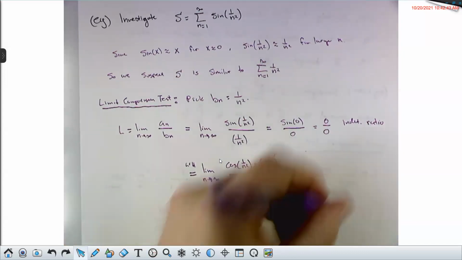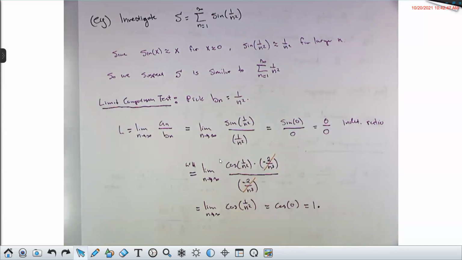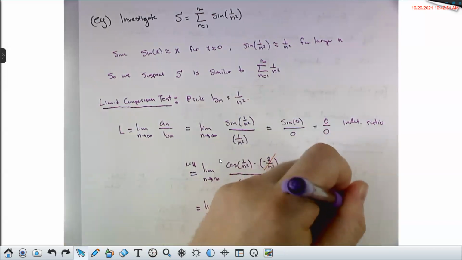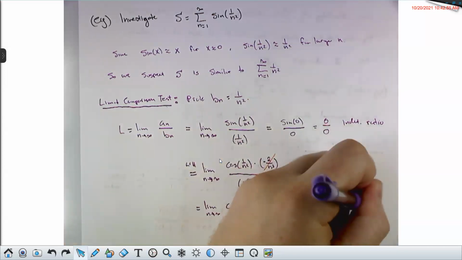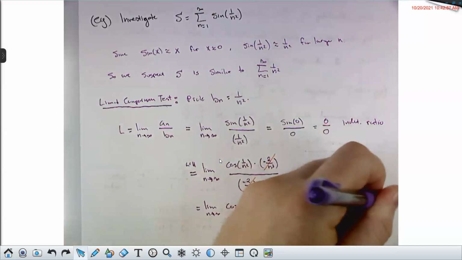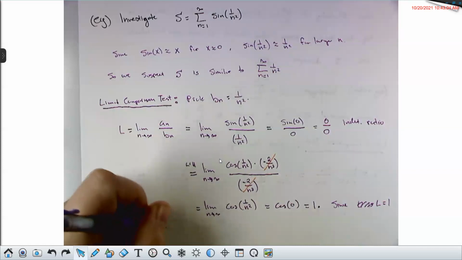And the cosine of 0 is 1. Since L equals 1, which is positive and finite,